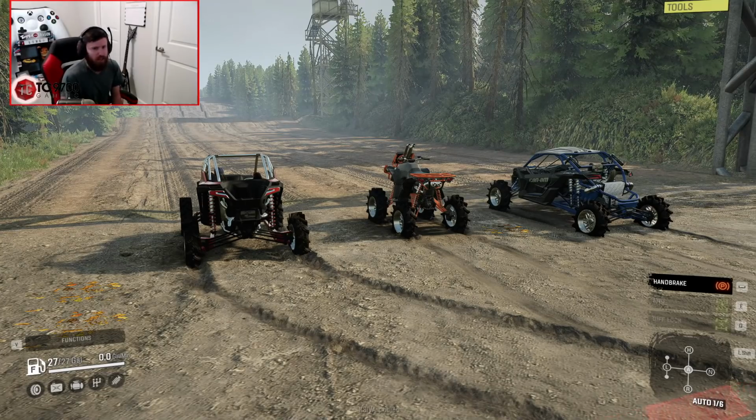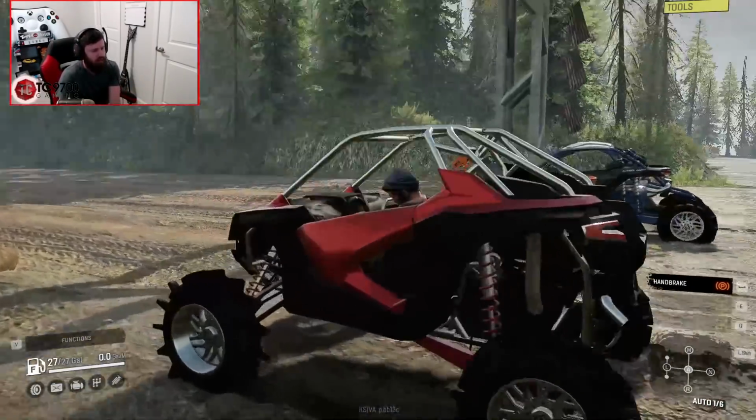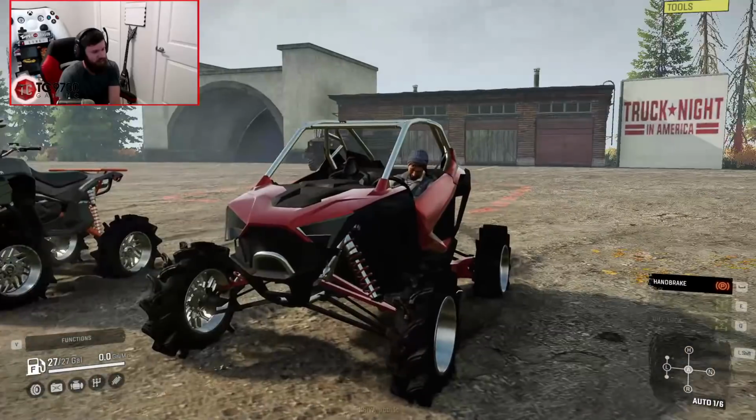However, that one has a bit of a trick up its sleeve that is not really all that hidden, which is a 2JZ in the middle of it. That might give it a little bit of a power advantage, but I've tried to make this as fair of a comparison as possible. I've given them all the same tires, and I'm not going to be using the actively adjustable suspension on the